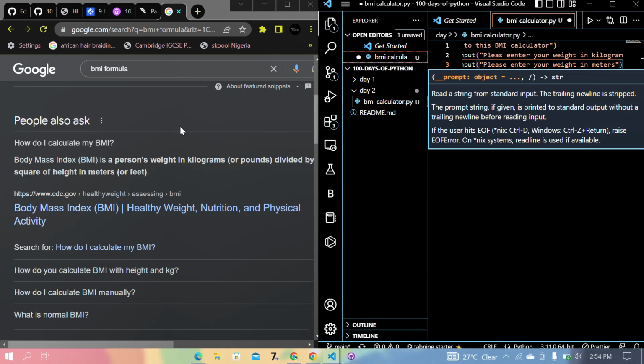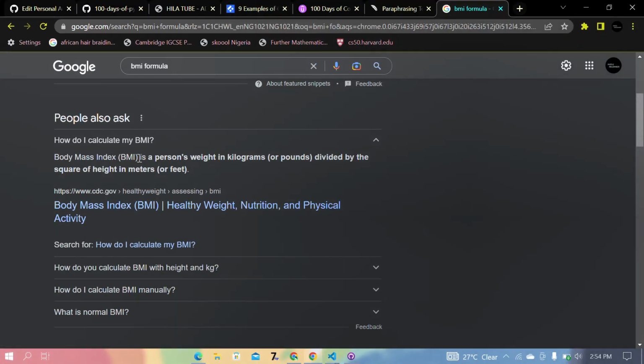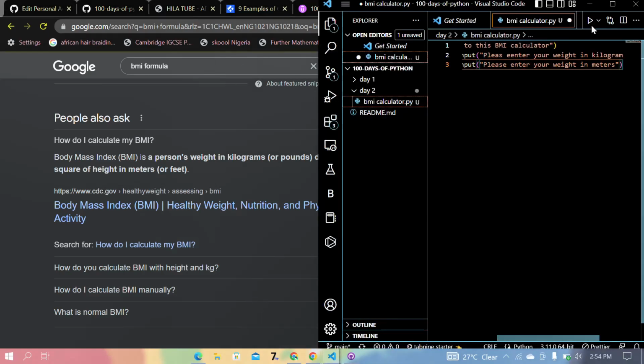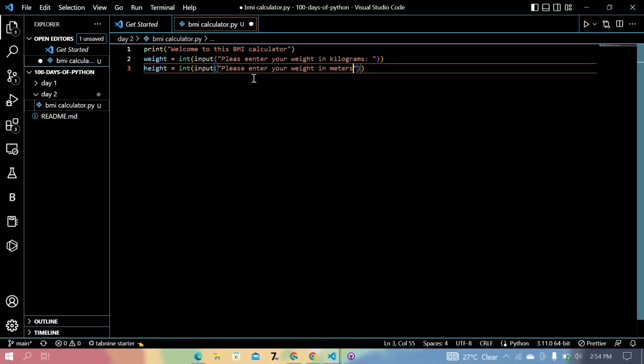So the BMI formula is just body mass index equals to the person's weight in kilograms divided by the square of the person's height. Okay, so it's just division. This is a very simple program. So I'm going to say, please enter your weight in meters. All right, but we're not going to stop there because we want to get the square. So do you remember how to do square? So we're going to say raised to the power of